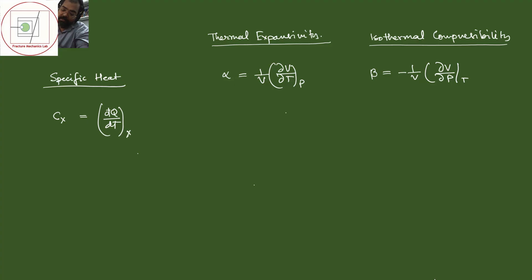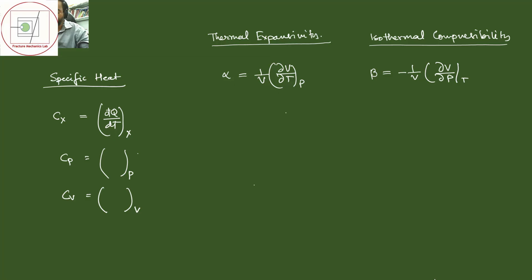When this is at constant pressure, you call it Cp, and when it is at constant volume, you call it Cv. And these two are not the same. For the same amount of change in temperature at constant pressure, the amount of heat taken will be different from the amount of heat taken if you do not allow the change